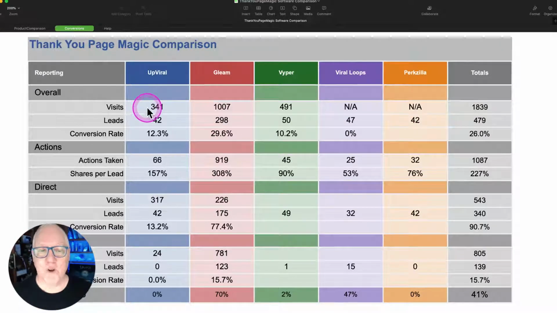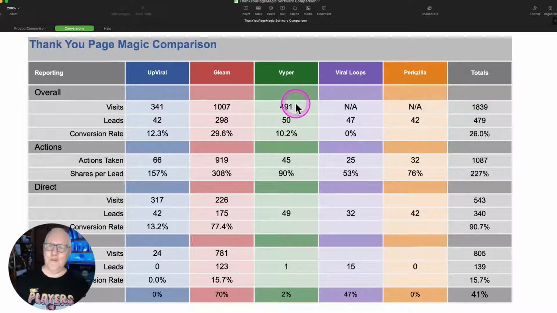Now, there's also, by the way, Viral, and I'm laughing because Mitch made a boo-boo. Viral is showing 341 visits. Now, why is this Viper 491 and Gleam 1,000? Well, that's because Mitch messed up. And Mitch actually ended the campaign